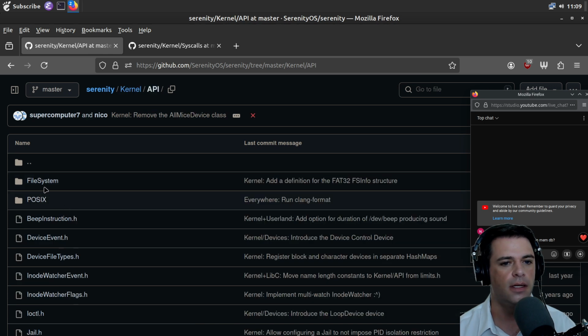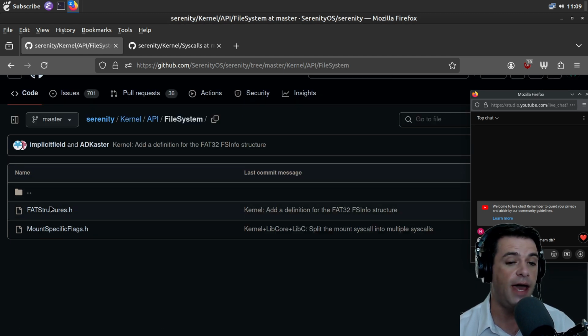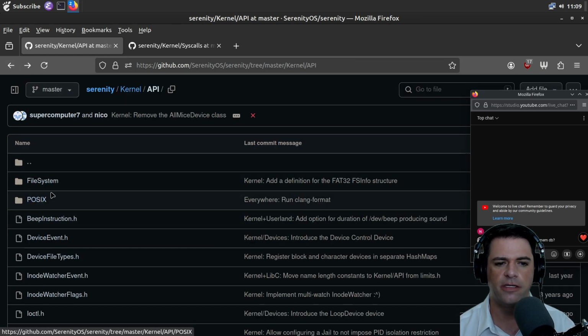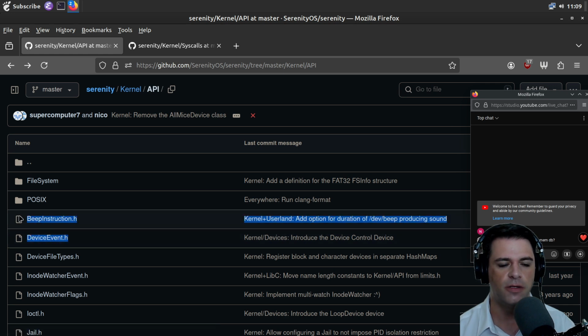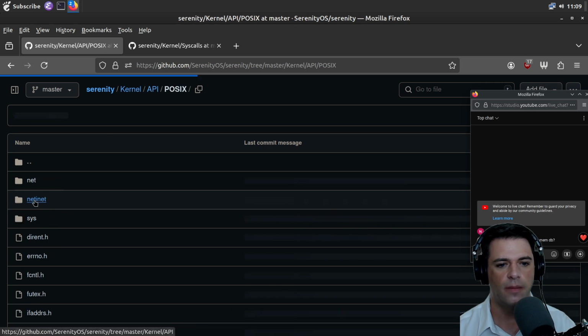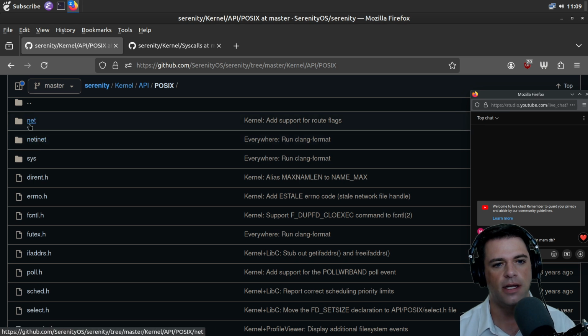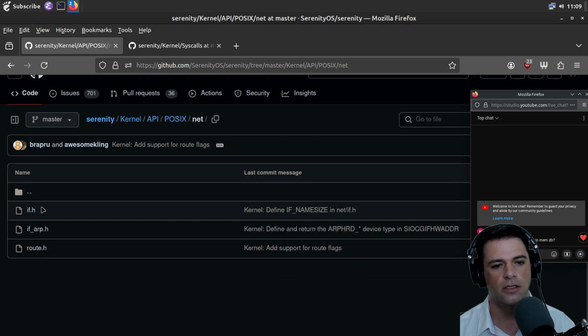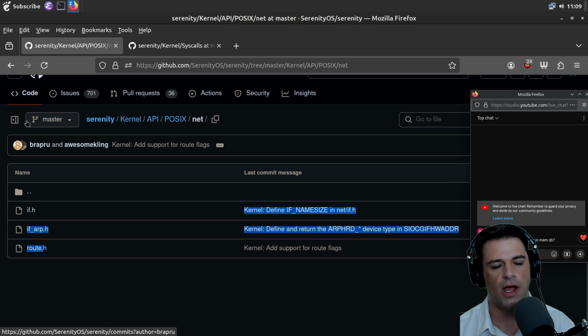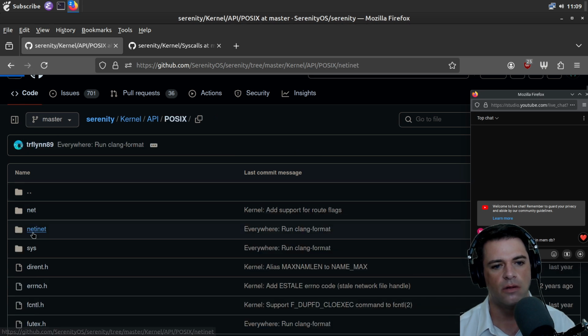What is the API? We have file system stuff, POSIX. What do you have to implement? We have FAT, maybe the only implemented file system? I'm not sure. We have events, like a device event, a beep instruction. What's going on in POSIX? We have net inet, so this should be interface, route, whatever net inet is.